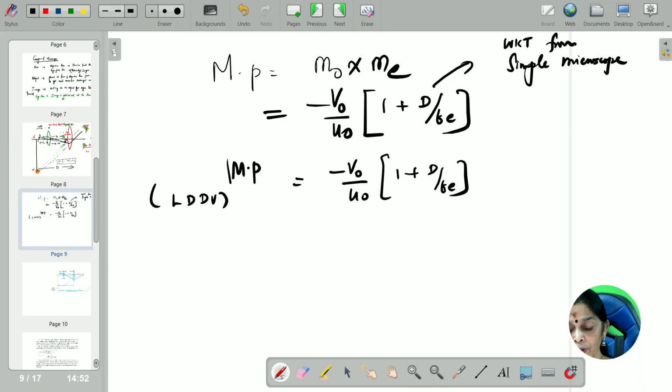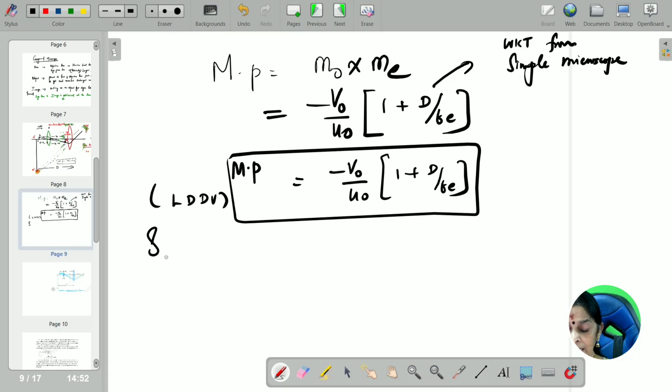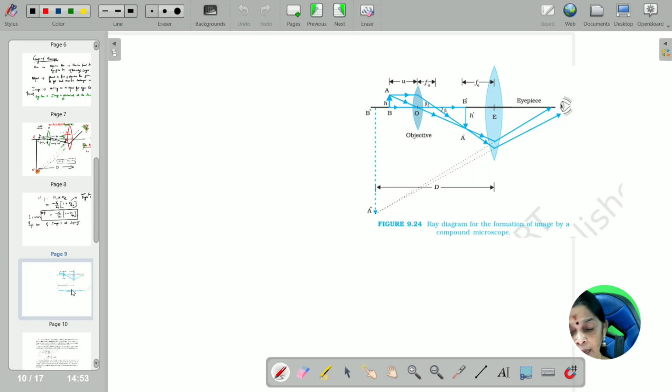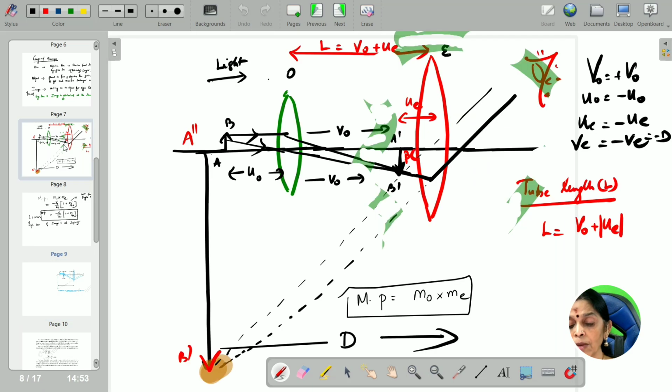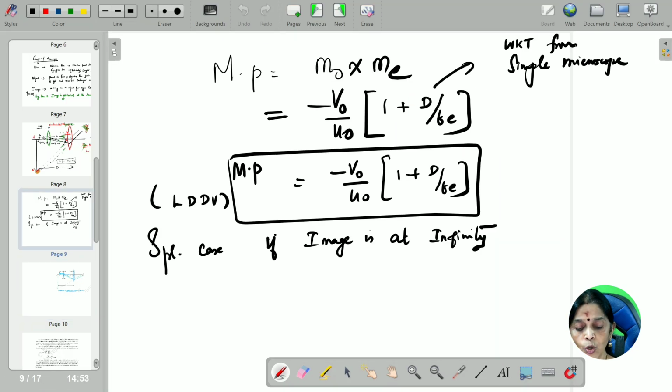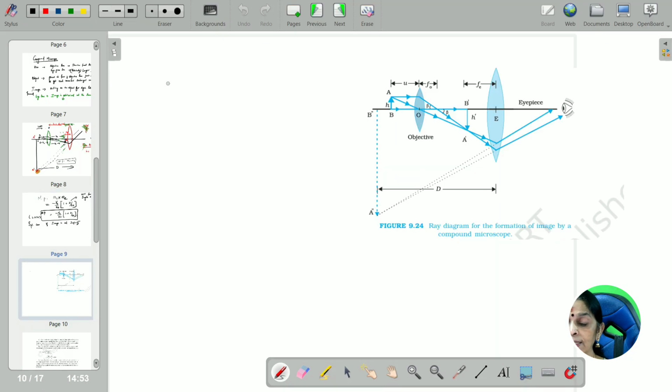That is all. Now, a special case: if the image is at infinity, not at LDDV. How do we modify this magnification power? We will see this diagram. This is the same diagram I have drawn here. If the image is going to be at infinity, you don't need to draw the diagram. You can simply say, for image at infinity,